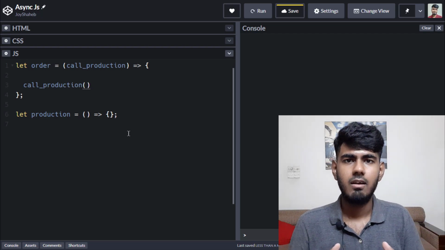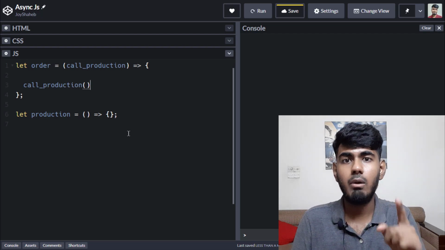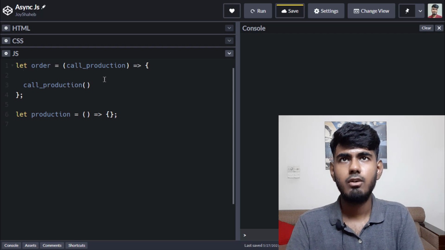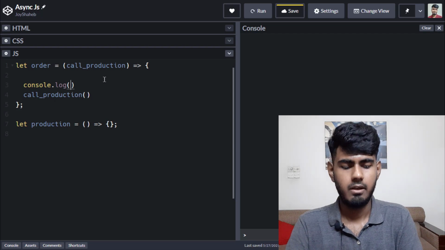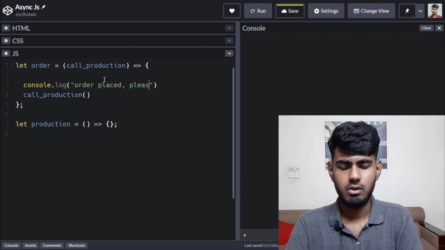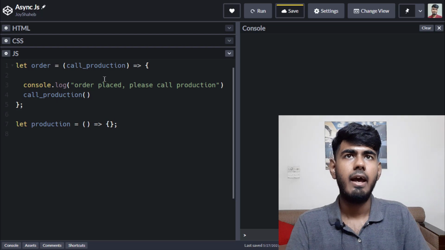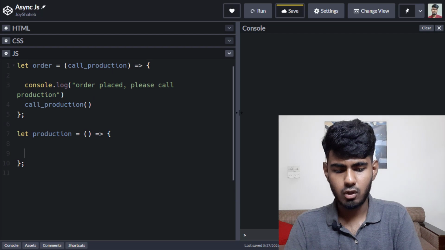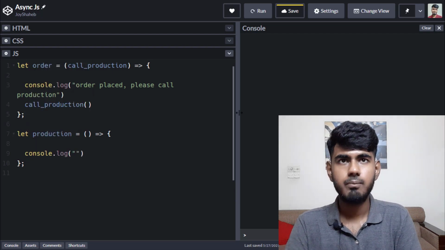And look at that. We have formed a relationship between these two functions using what? A callback. Now let's test it. Now we're going to write console.log, okay, "order placed, please call production," like this. And inside over here we're going to write console.log "order received, starting